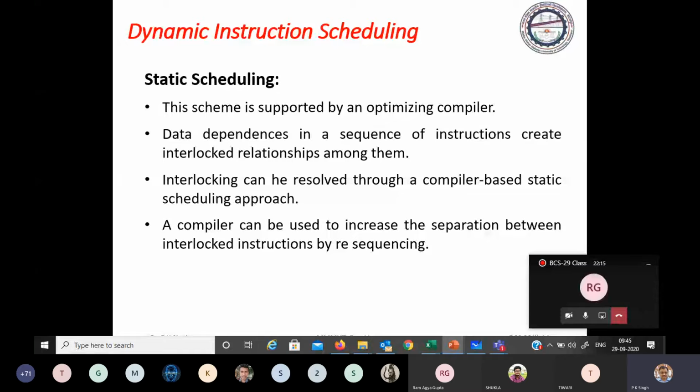So here, in the same way, if the compiler generates instructions in such a sequence so that maximum parallelism may be achieved by the hardware, then obviously it has to reschedule the instructions, on the basis of the dependence structure of the program. The compiler has to do this. Then in that case, it is called static scheduling. Okay.